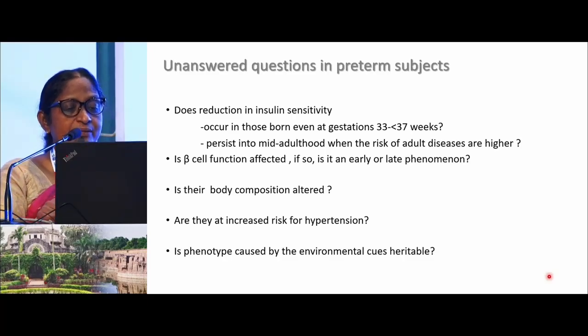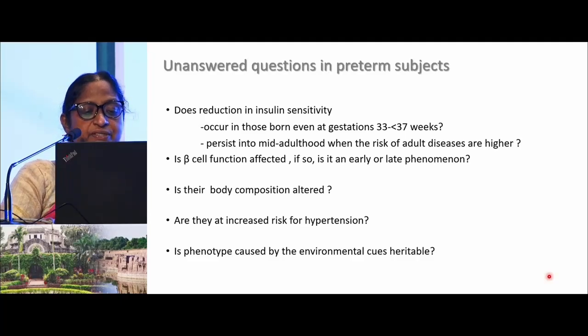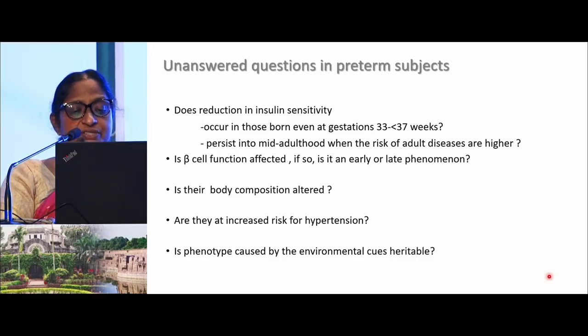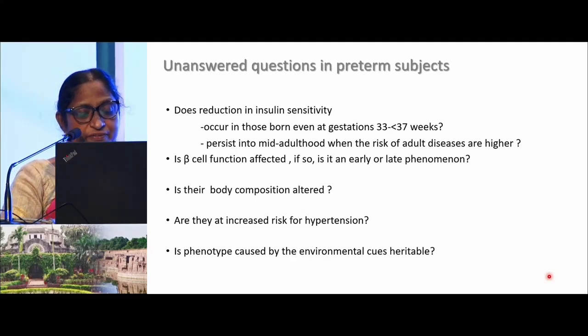More importantly, is the beta cell function affected? Do they have any impairment in insulin secretion? Is there alteration in body composition? Are they at increased risk for hypertension? And whether this phenotype is caused by environmental cues, whether it's heritable, whether any of these are passed on to